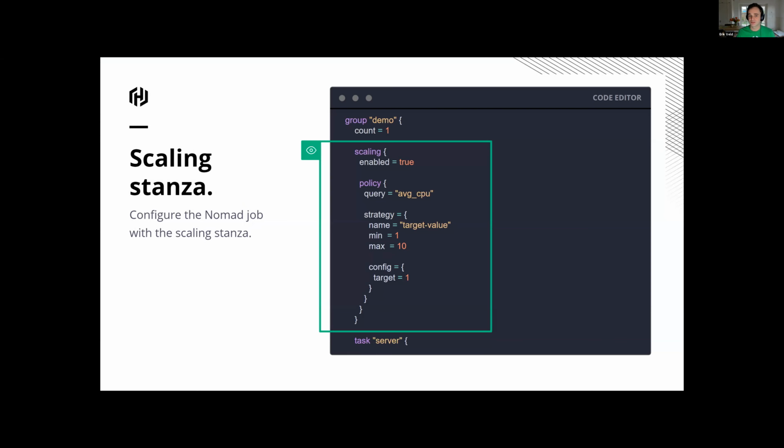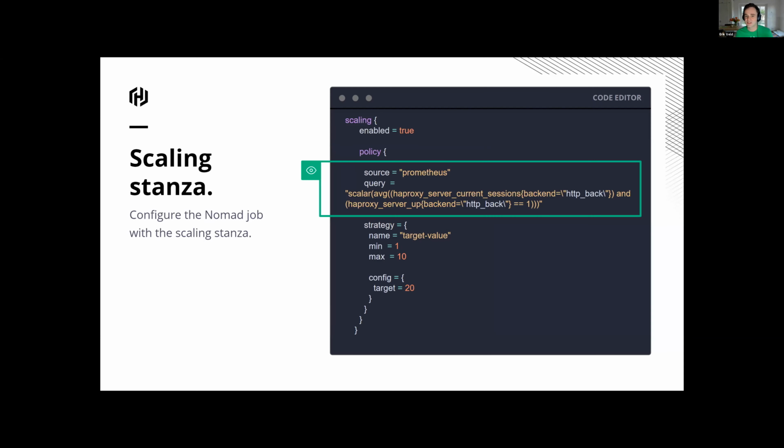In this case, for instance, I wanted to react to the average CPU, and I want the average CPU to be 1 for my instances. And then we can define a minimum and a maximum number of instances so that we can limit it and not go crazy in case we get some metrics and end up with 9999999 instances of our services.